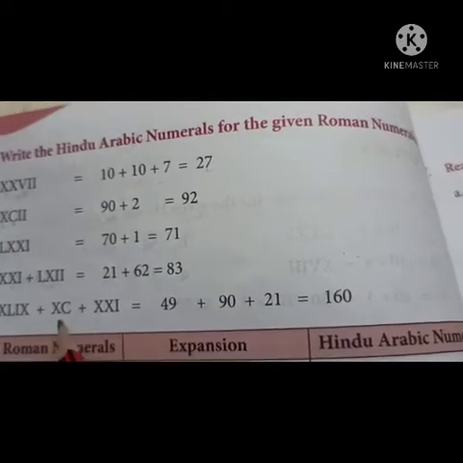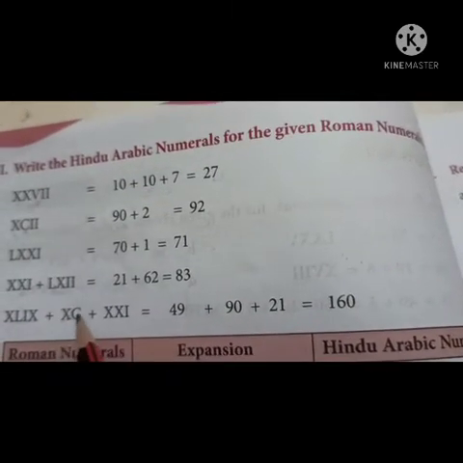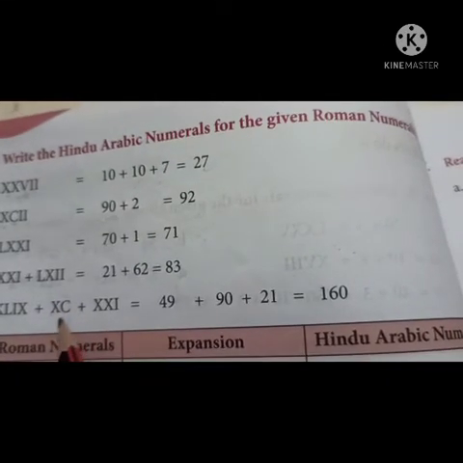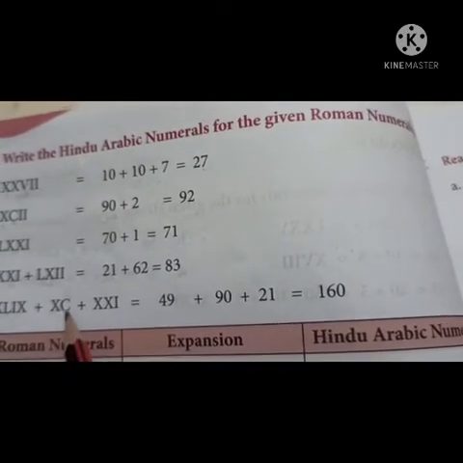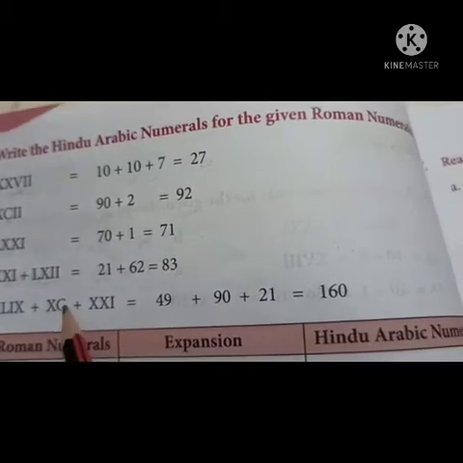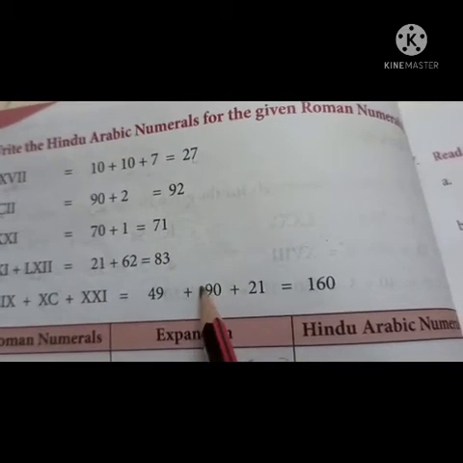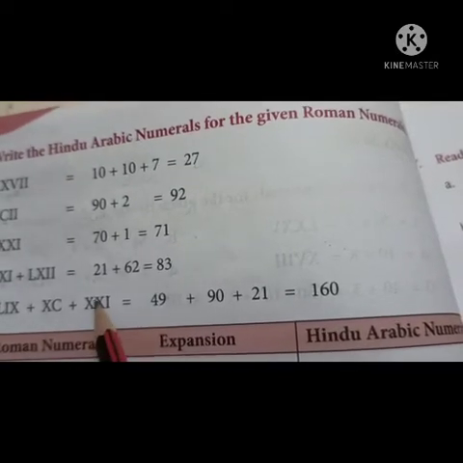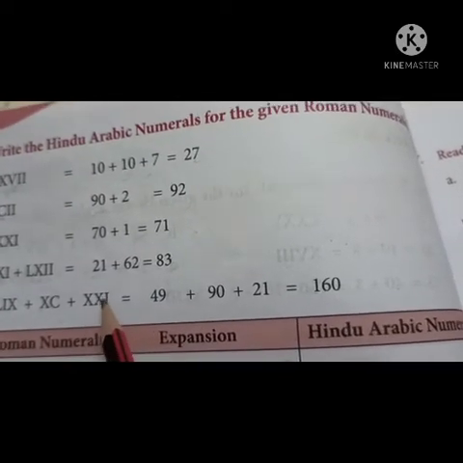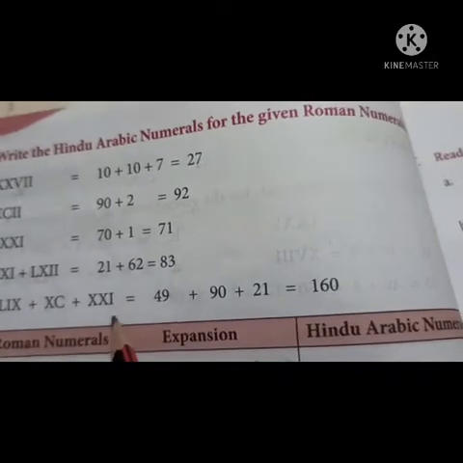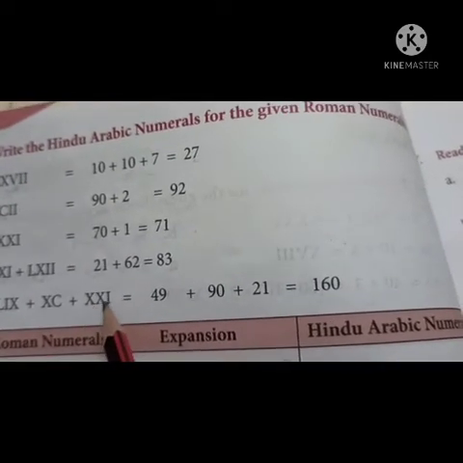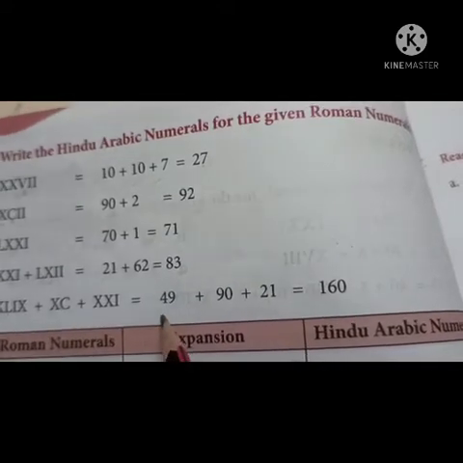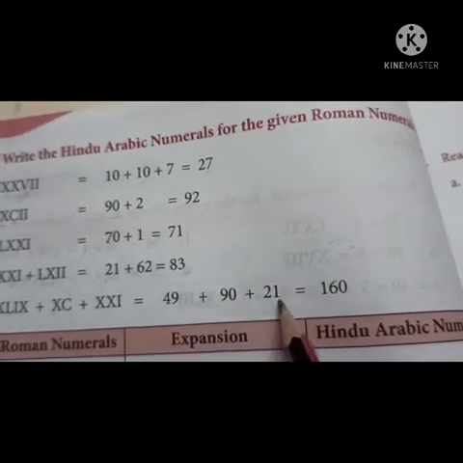49 plus XC. X has a value of 10 and C has a value of 100. That means 100 minus 10, 90. X has a value of 10. Again X has a value of 10, and I has a value of 1. 10 plus 10 is 20, plus 1 is 21. 49 plus 90 plus 21 is equal to